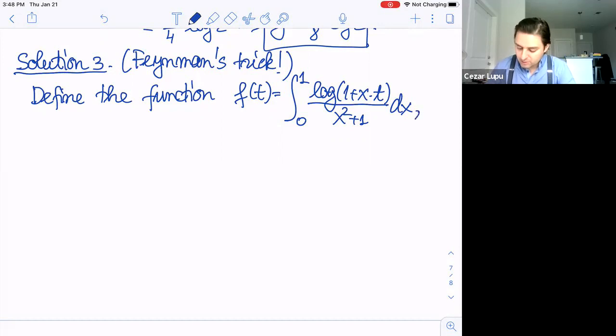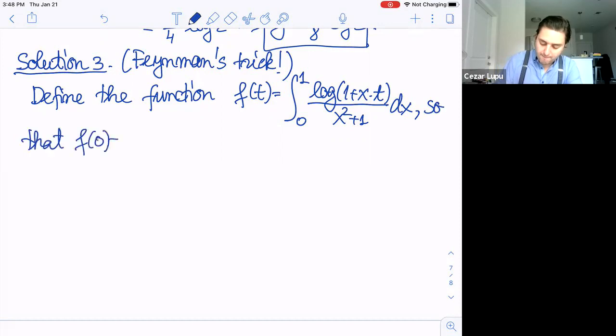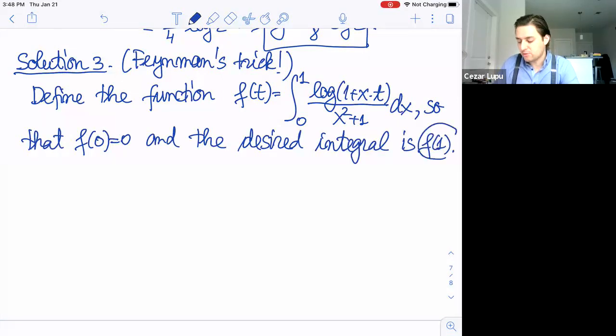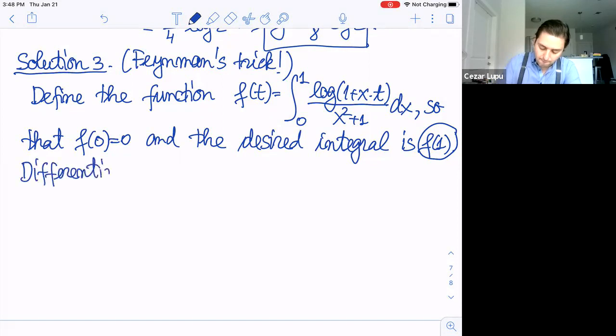So that f of 0 is 0, right? That's clear. And the desired integral is nothing else than f of 1. So we need to compute f of 1. That's what we're interested in. All right, so now let's differentiate. Differentiating under the integral, we get